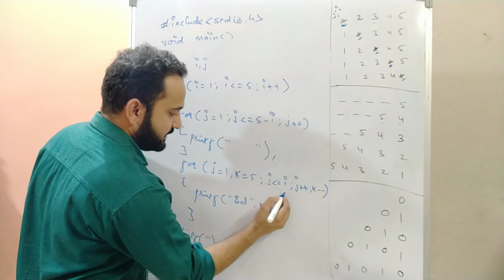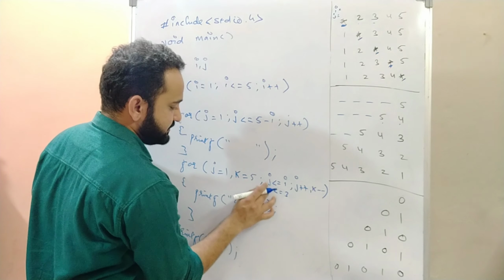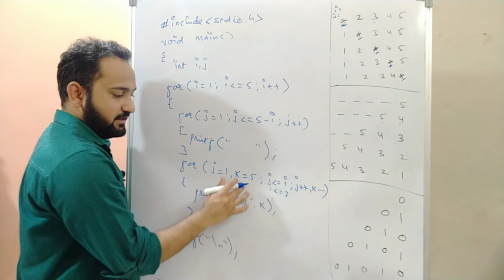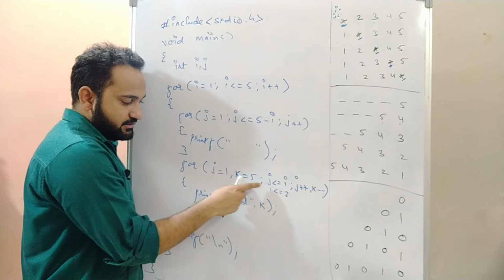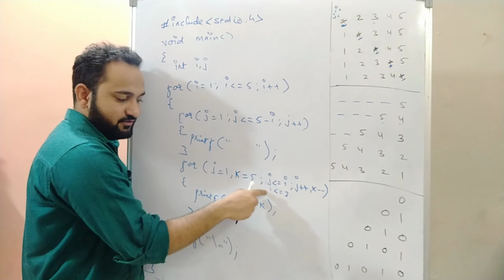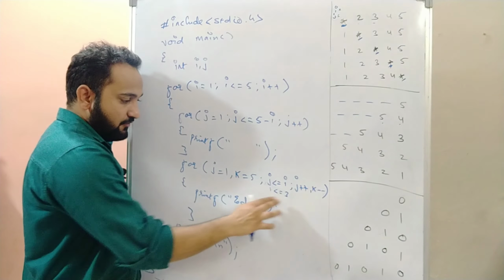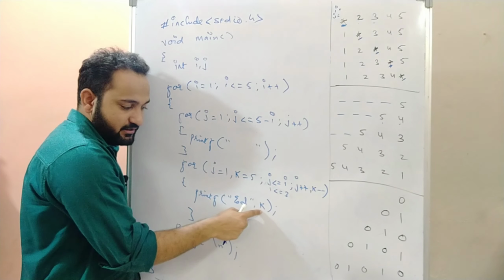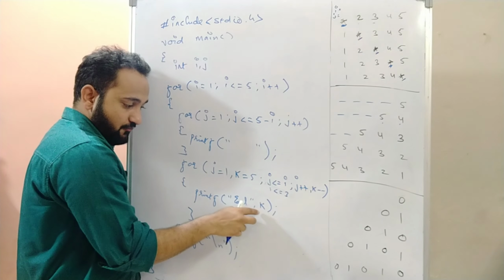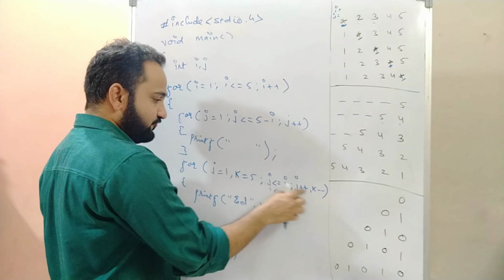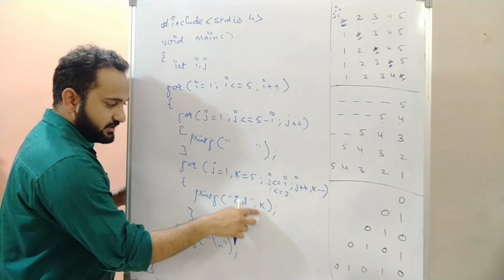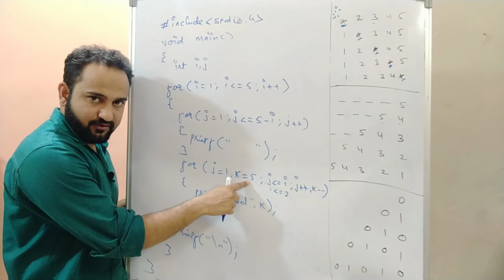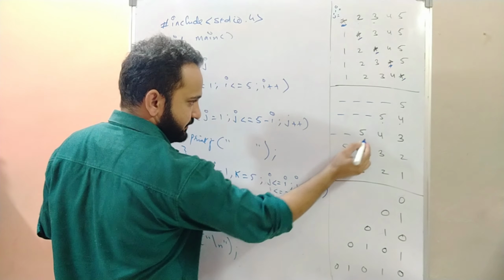The condition will be checked here. What's the value of i right now? 3. Less than or equal to 3 condition will be checked. It will iterate for how many times? Can you guess? We are iterating with the value of j. j is iterating from 1 to 3. It will iterate for 3 times, right? While iterating for 3 times, it will print the value of k. But while printing the value of k, inside this for loop only, we have decremented the value of k by 1. For the first case, the value of k is what? 5. So 5 will get printed here.